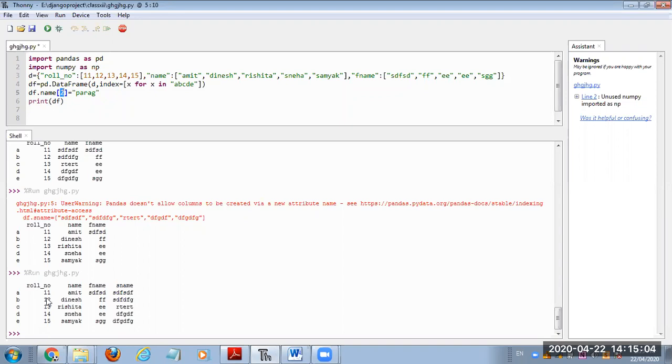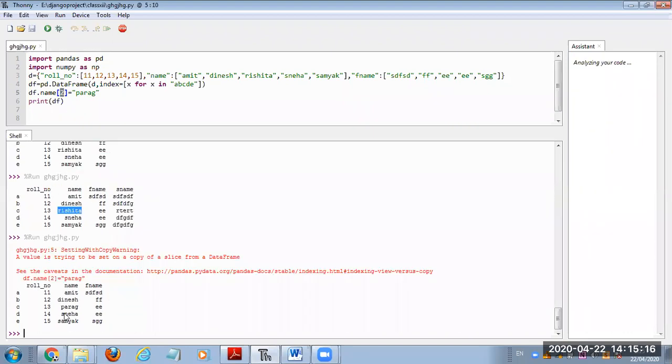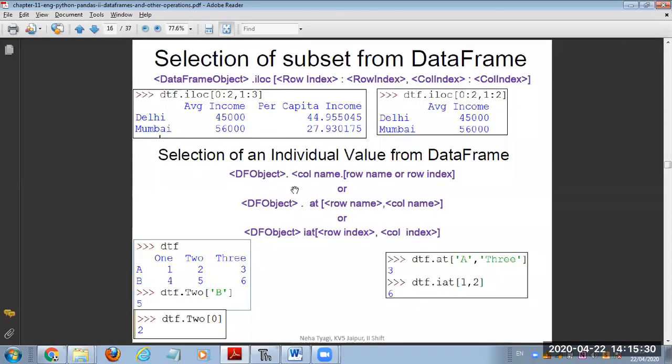Index 2 means inside the column name, the indexes are 0, 1, 2. So instead of Rishita there should be Parag. Let's display it. We can see here there is Parag. So like this we can access a particular value also. Is it clear? This is just the revision of yesterday's work. Okay, let's see this slide.